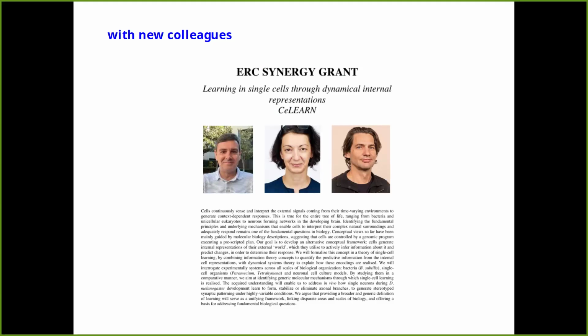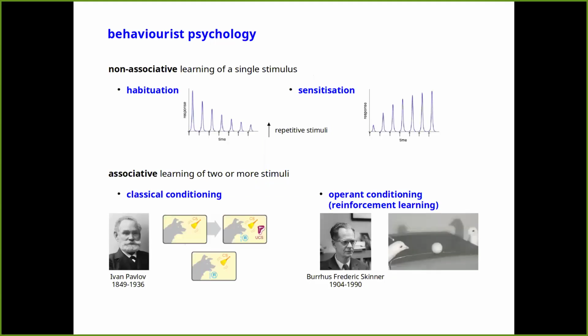But also two other colleagues, Aneta Koseska and Dietmar Schurke, who are in Bonn. And this is through an ERC Synergy grant, which has really provided the means to attack this problem in a serious way. Okay, so what does it mean to turn to cognitive science? How does that help us get to grips with this issue of learning? Well, obviously, learning has been studied in psychology and the cognitive sciences for some time. And in particular, the behaviorist psychologists in the 20th century formulated a number of protocols for studying learning.